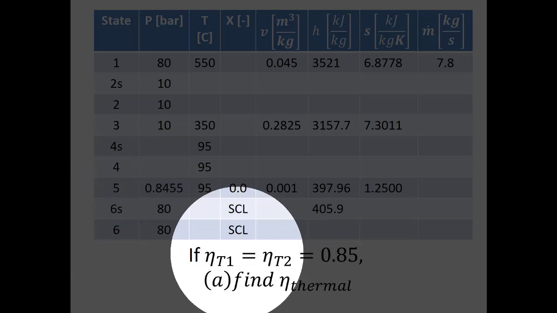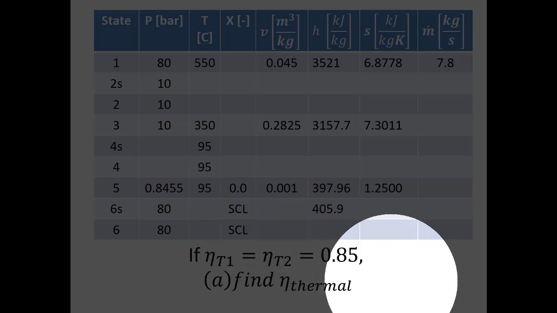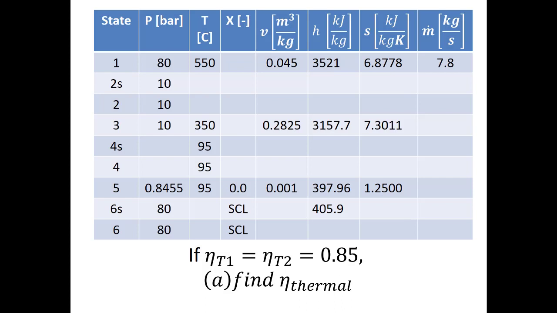We're also told that the isentropic efficiencies of the turbines, and I think the pump in this problem, are 85%. We're asked to find the thermal efficiency of this particular cycle, because I've been making the argument that doing this reheat improves efficiency. So, we'd like to be able to test if that's true. Now, the thing about science is we can never prove something is true, right?